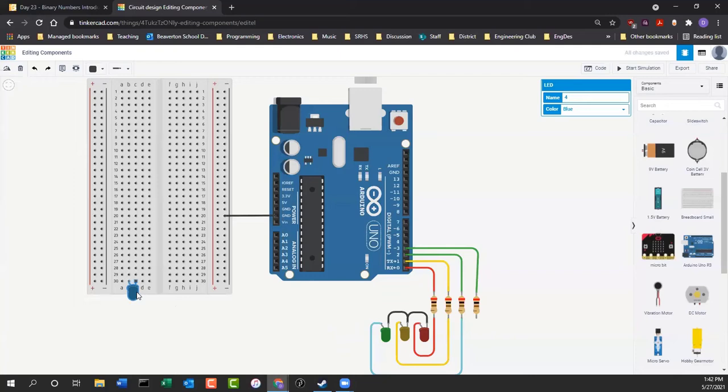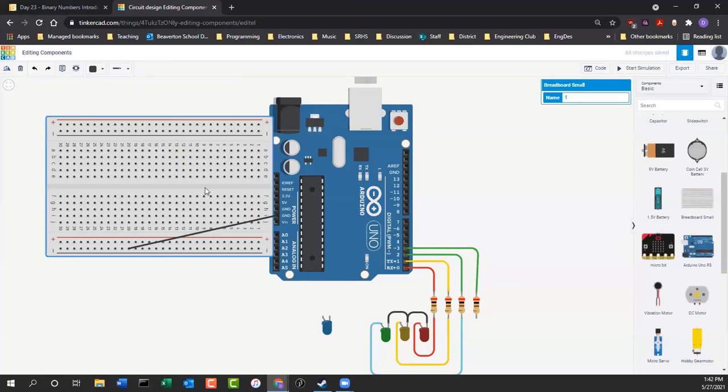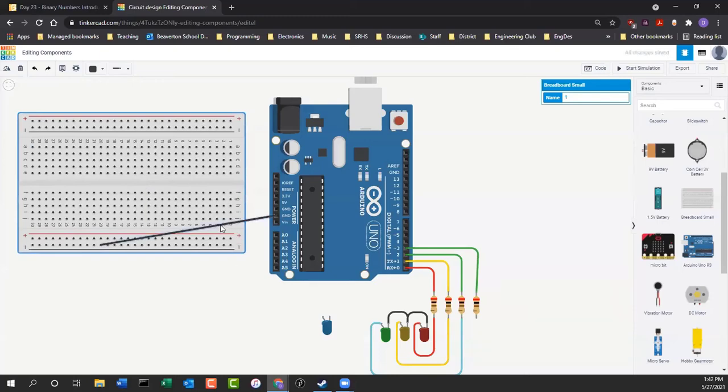What's the best way to model this? I want it to be in the same orientation, but I have to be careful here on how I do that. I guess I can't. I can't do this with the breadboard rotated this way. So I'm going to try rotating the other way and see. Yeah, let's do that. Because what that will allow me to do